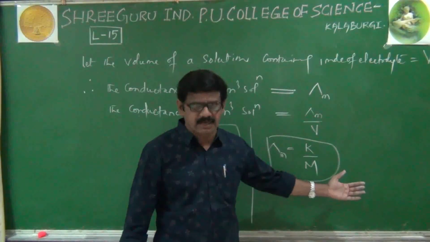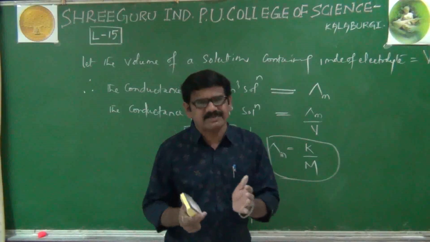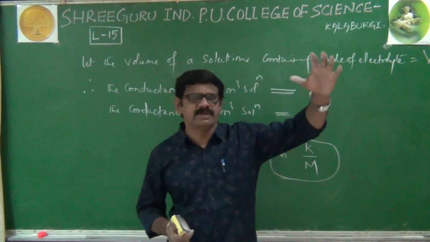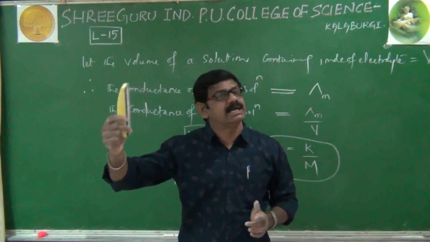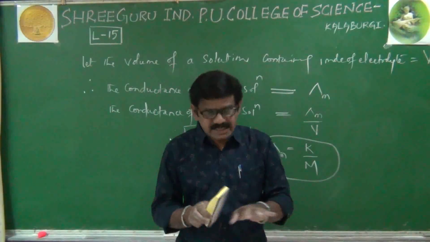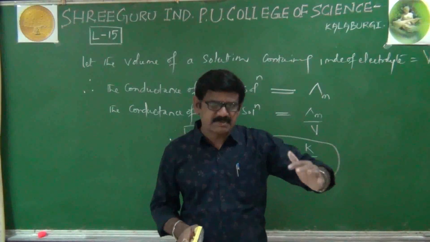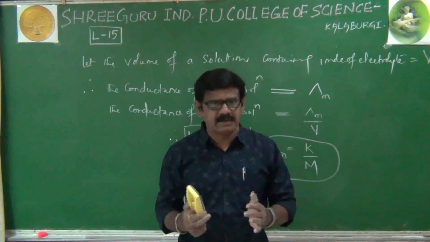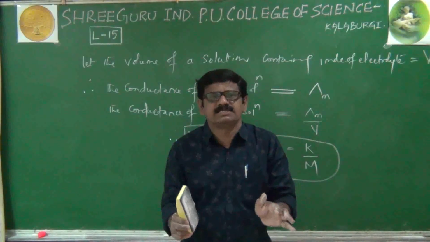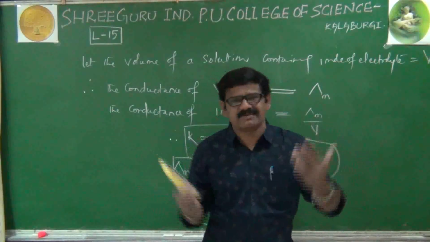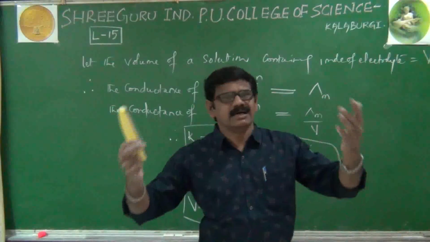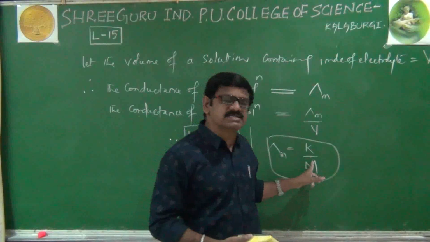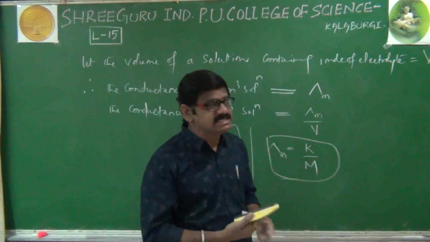Now this formula we are extending in the CGS system, and in the SI system also we will write it. Why? Because if we observe our questions, some questions will be given in the CGS system, some questions data will be given in the SI system. That's why there is no confusion. CGS system related formula will be derived, SI system related formula also will be derived. Then if you remember both the formulas, whatever data may be given in the question, we can select the appropriate formula and solve. Now I'll extend this formula first into the CGS system.